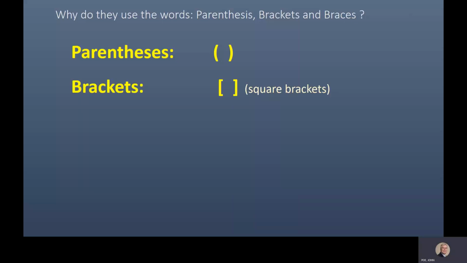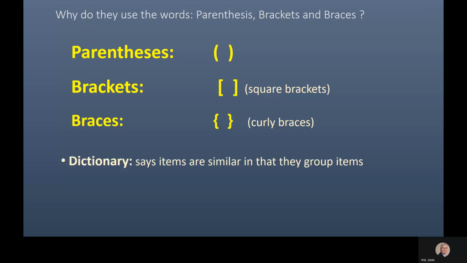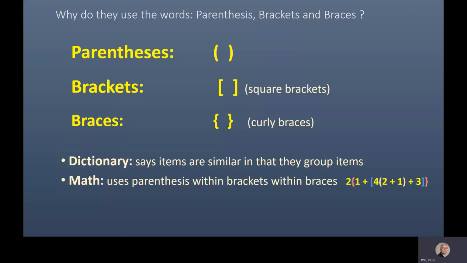The brackets, or square brackets, are to the right of the letter P, just above the Enter key on the keyboard. The braces, or curly braces, are the Shift on the square bracket key. The dictionary, if you look at it, just simply says they're all used to group items together. If you look specifically at mathematics, it says that parentheses are used first,